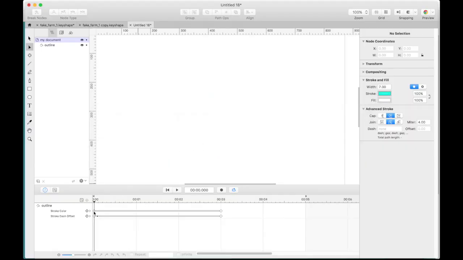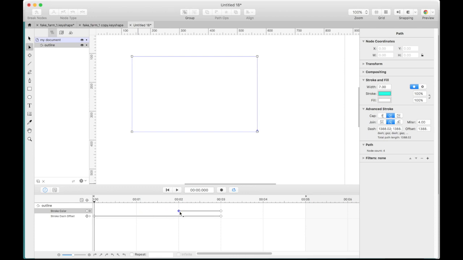I'm going to move it from the beginning stroke color. I'm going to have it start at 2 seconds in, so the thing's already gone and then it happens. So we can watch that. And then for the sake of demo, I'll move the time back to 3 and hit play so we watch it still. Now right there it goes.